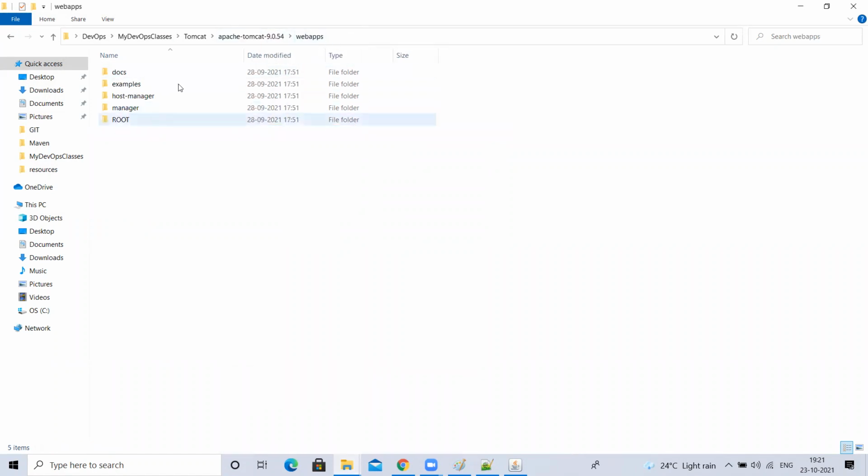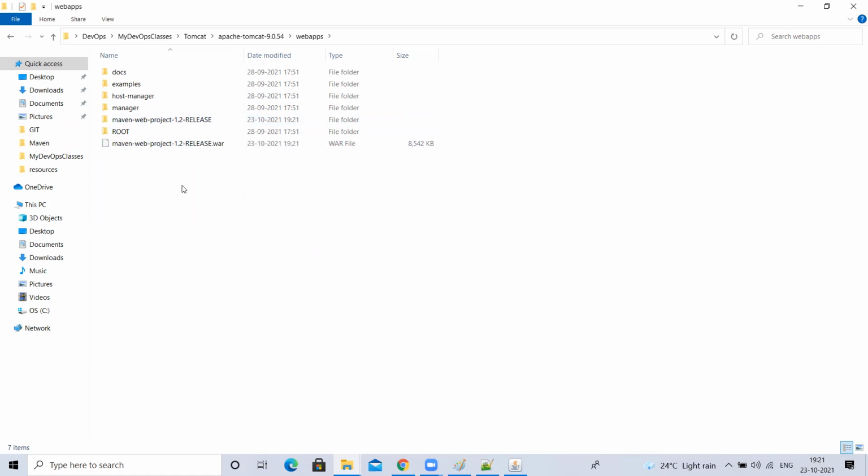This is the latest version of Tomcat I started, right? Inside the webapps, I'm pasting it here. Now you observe, I just pasted the WAR file. Just wait a second. You will see something. Have you observed this? A folder has been created with this WAR file's name, just except .war, the same name.